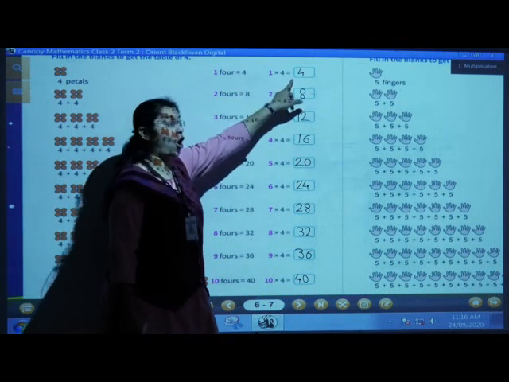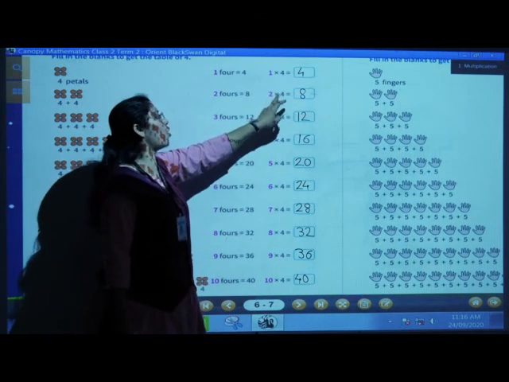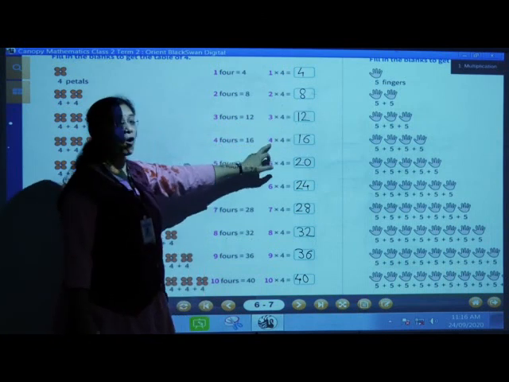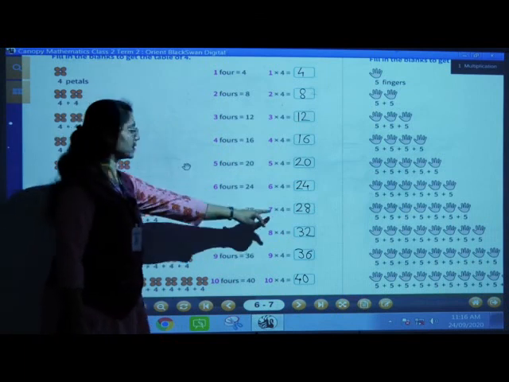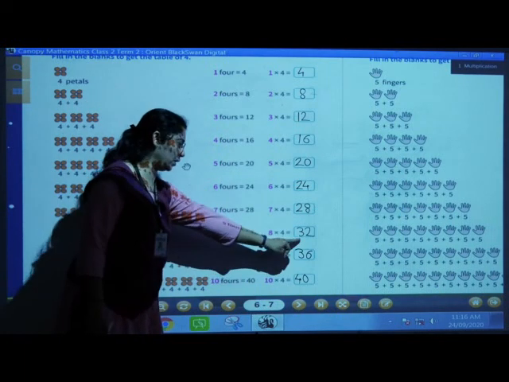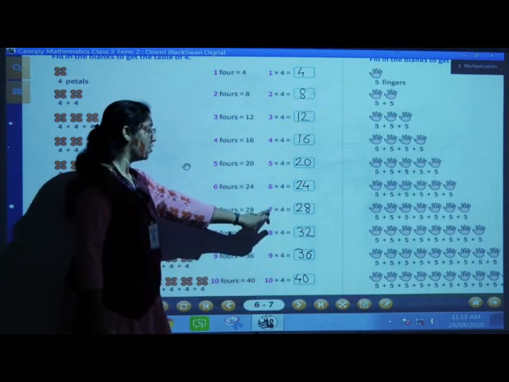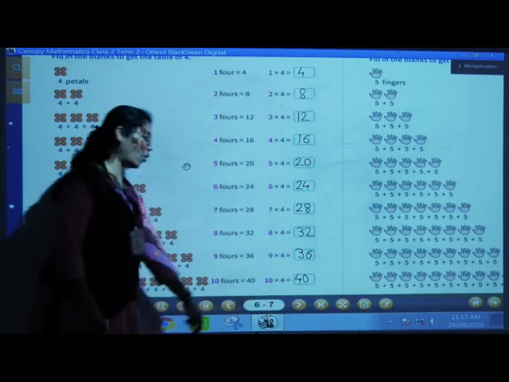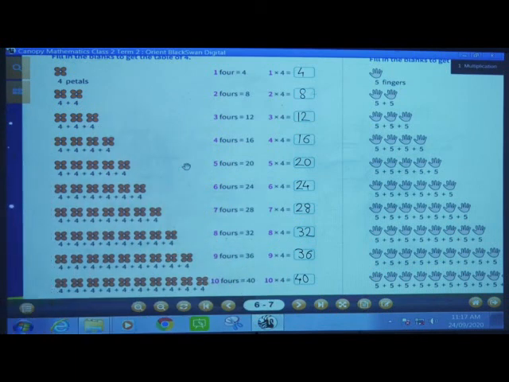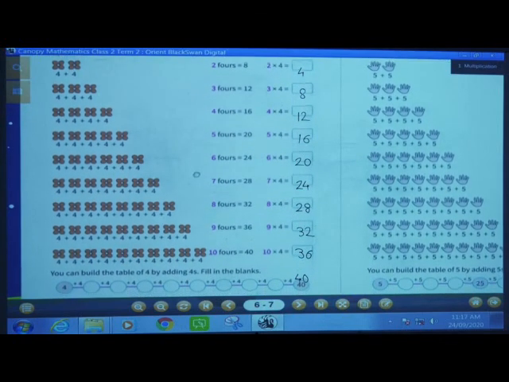One 4 is 4, or we can say 4 1s are 4, 4 2s are 8, 4 3s are 12, 4 4s are 16, 4 5s are 20, 4 6s are 24, 4 7s are 28, 4 8s are 32, 4 9s are 36, 4 10s are 40. This is the table of 4. Next,